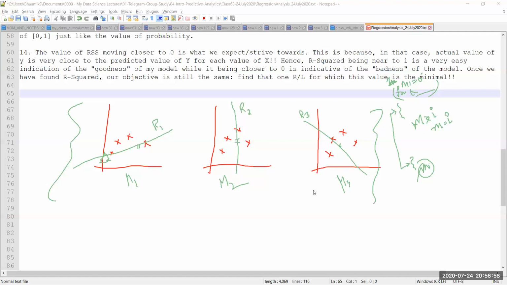To minimize 1 minus r by t, can't we maximize t? Yes, we can actually maximize t. But do you have the control to do really much on t? Because you are already provided with the data. So if you already have data, its mean throughout its lifetime is the same. You can't change that mean. Are you getting my point?